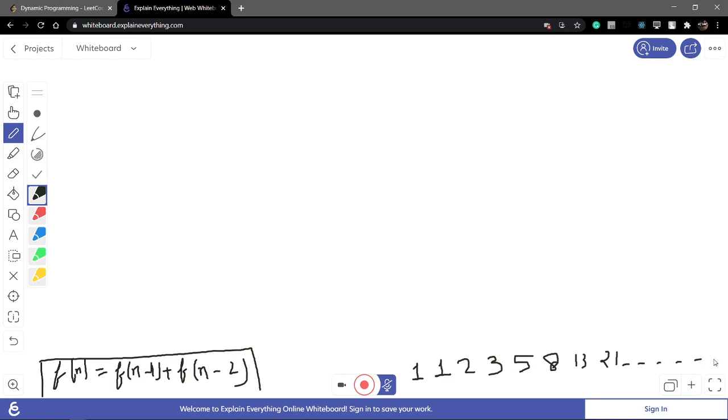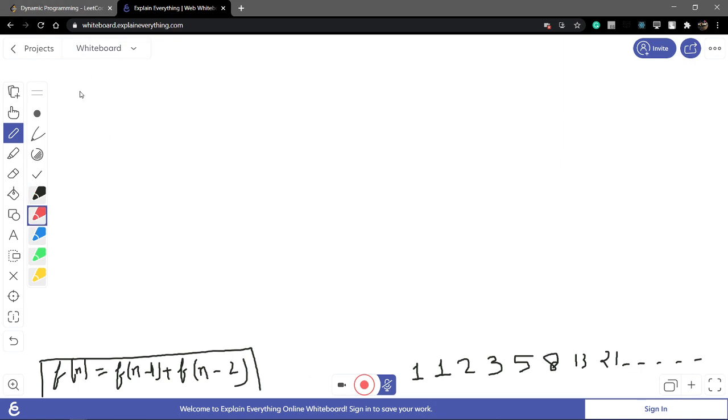This is our Fibonacci series. Now, in that question, we have to find the 6th element of the series. So 1, 2, 3, 4, 5, 6. The 6th element is 8.